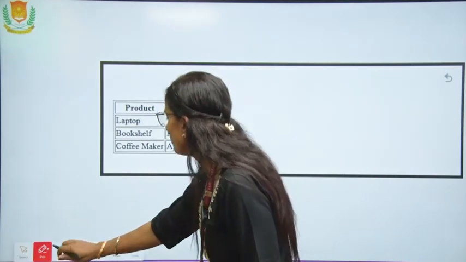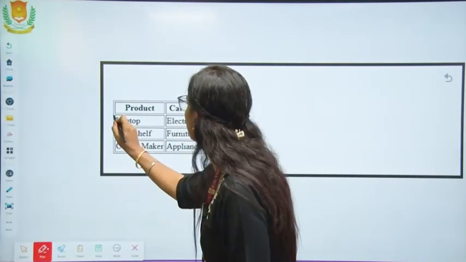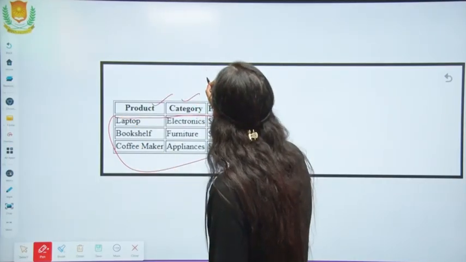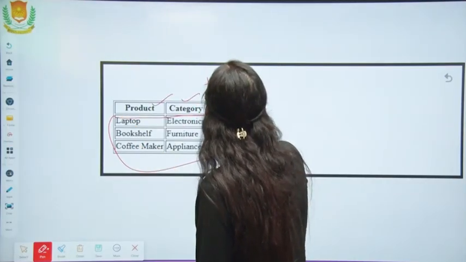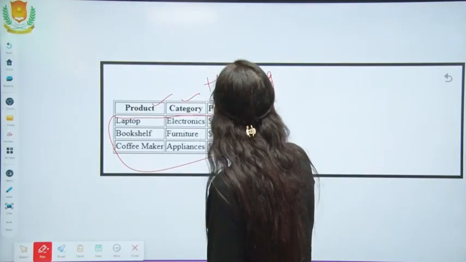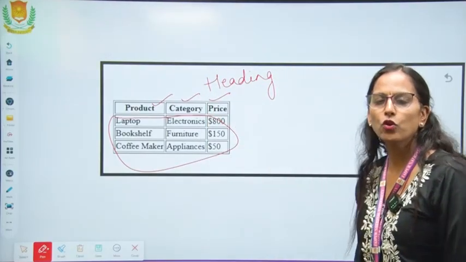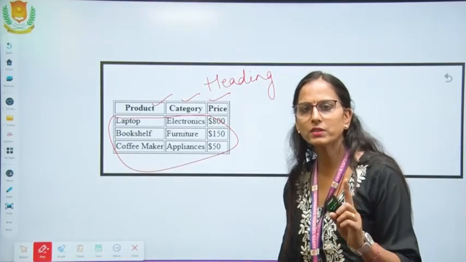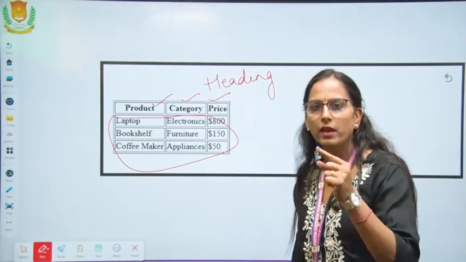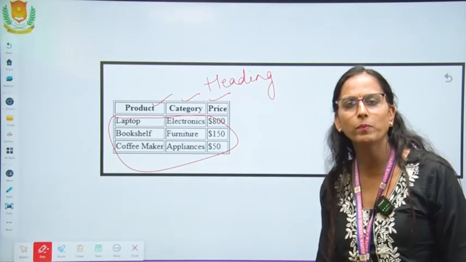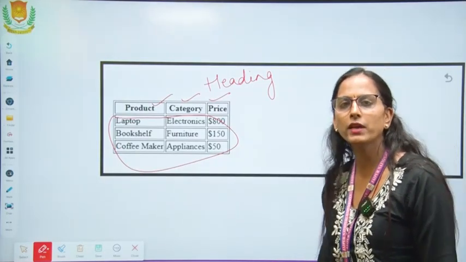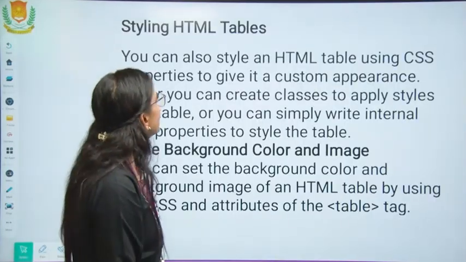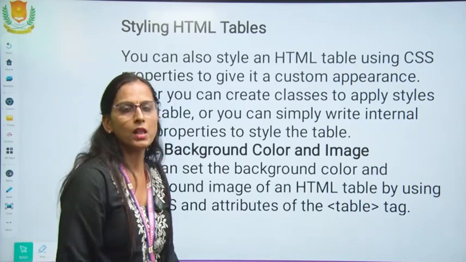So they all will be displayed in simple text, and these 3 are the headings. So now you must have understood that coding for the table is done row wise. We start with the table tag, then each and every specific row will be specified along with their table data and table headings.